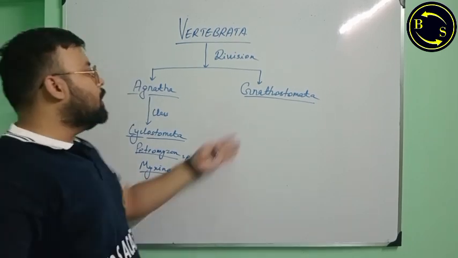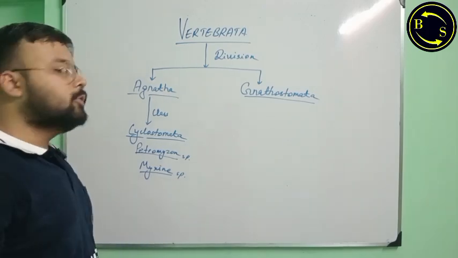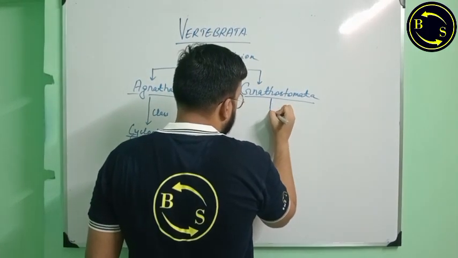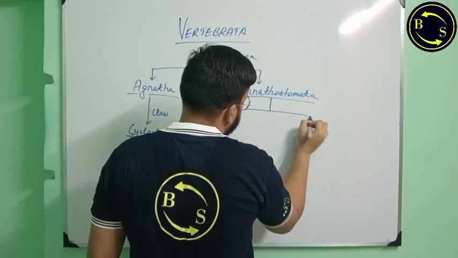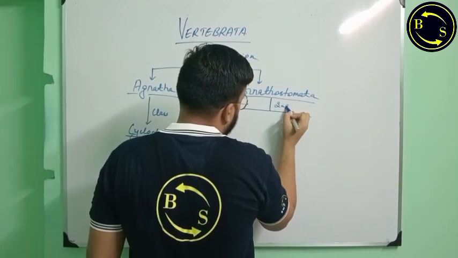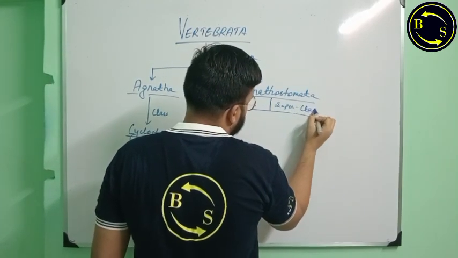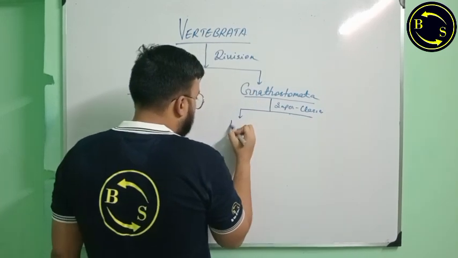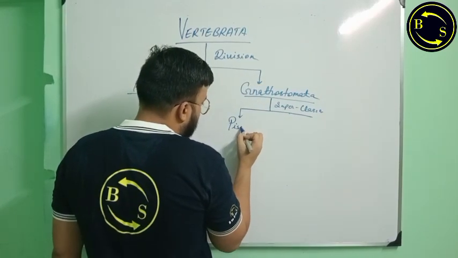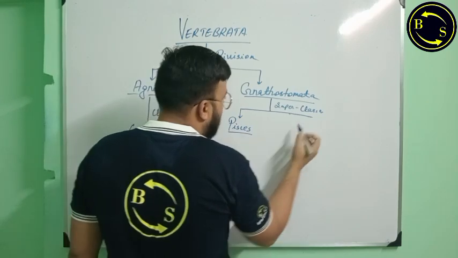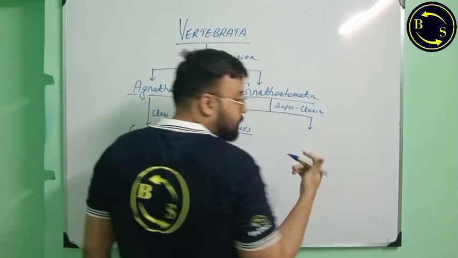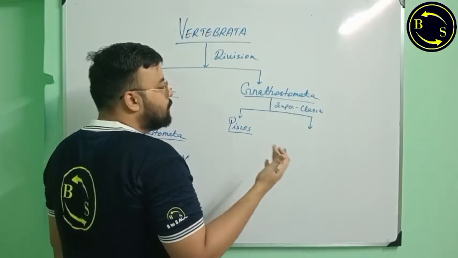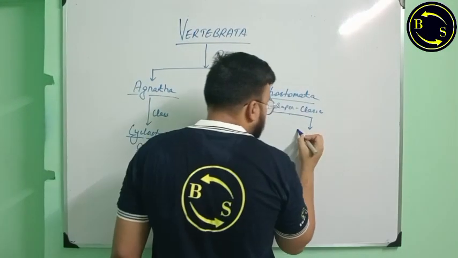Now today we will look under the division Gnathostomata. Division Gnathostomata has two superclasses. What are those? All the fishes, the Pisces, and all the other vertebrates other than fishes like amphibians, reptiles, birds and mammals. They are collectively known as